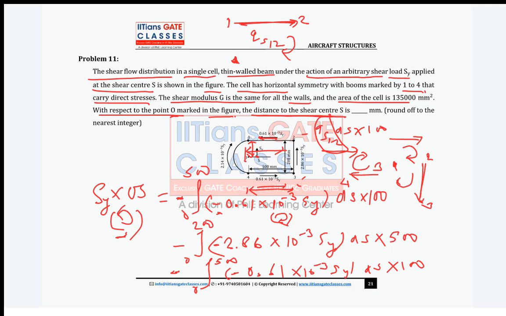Okay. Now guys, look here. For 4 to 1, this is 4 to 1, the curved one. Now in the curved one, suppose I took a small section of length ds, and I want to find the moment about this point. So this ds into shear flow will give me the shear force tangentially. Now this is your moment arm, right? So for a small section ds, your moment is how much? ds into,